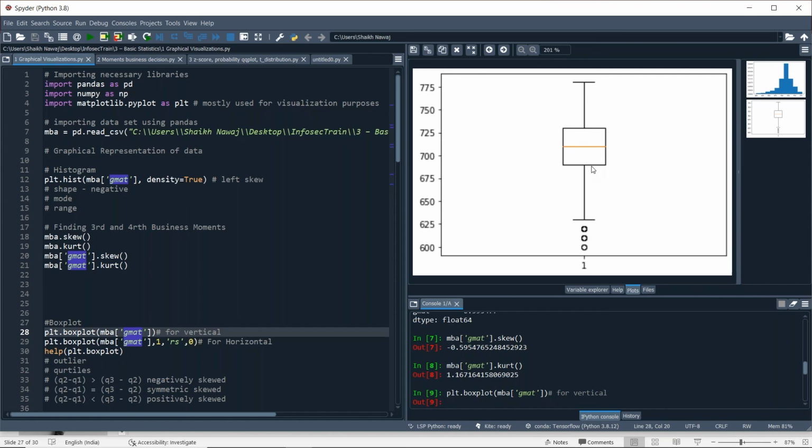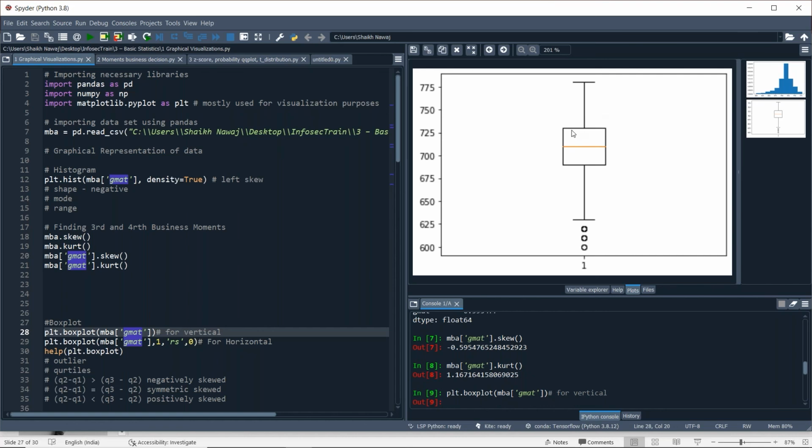Then there is the median. From 630 to 720 there are 50% of the observations, the lower 50%, and here the upper 50% of the observations.